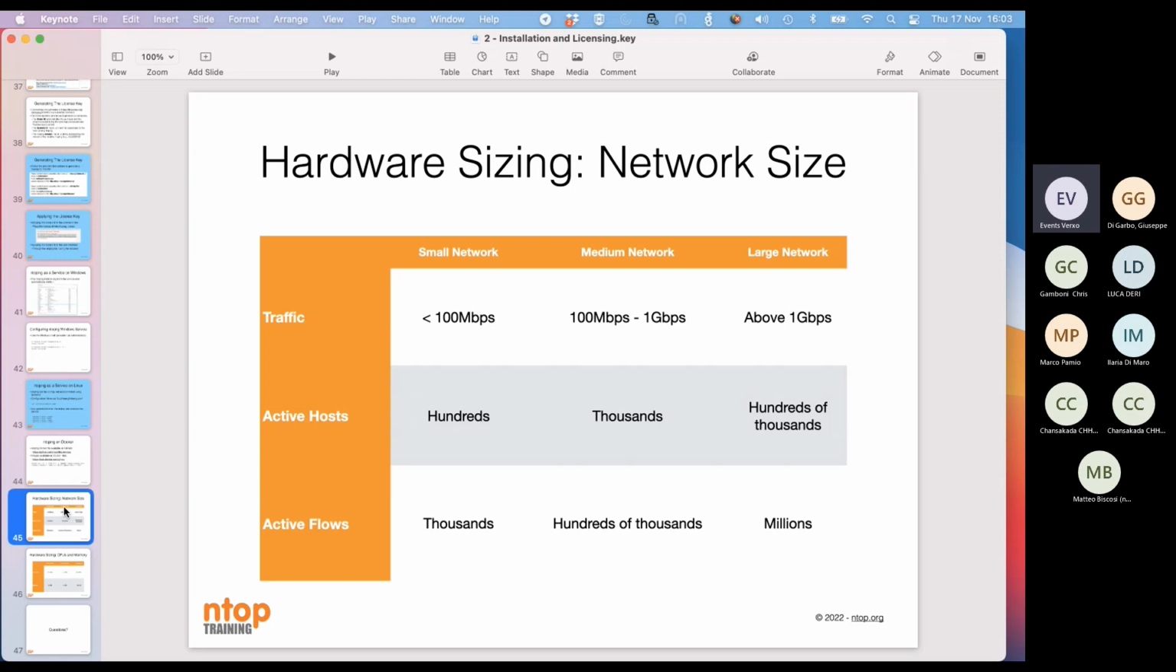So there is a specific question in the chat. What is the requirement for implementing ntodisk: 1 gig, 10 gig, or 40 gig? Okay, I will answer this question in a moment. So first of all, let's try to identify